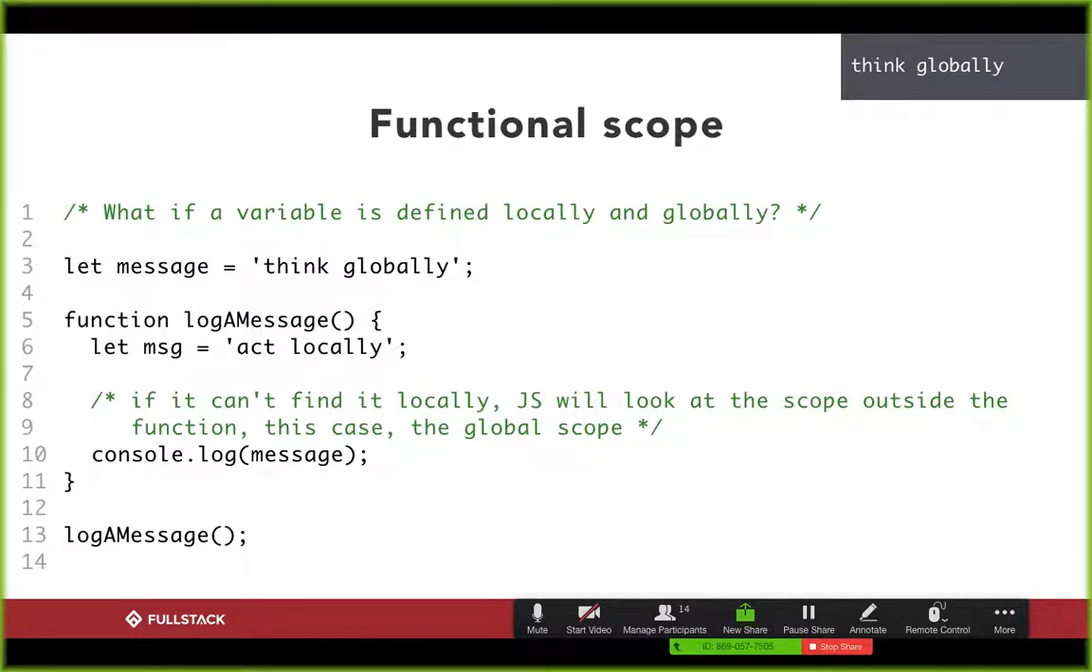And so therefore, when I console log it out, I console log out think globally. And so this is a second really big tenet of scope, which is that with scope, you cannot look inside someone else's scope, but you're able to look inside your scope. You're also able to look inside any scope that you're a part of, that you're in,